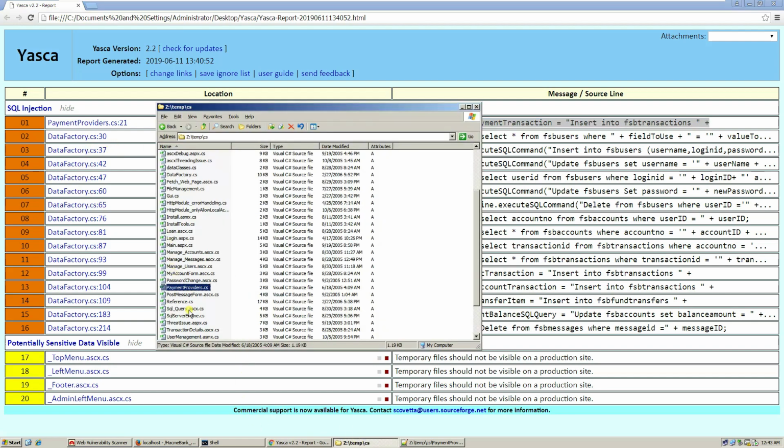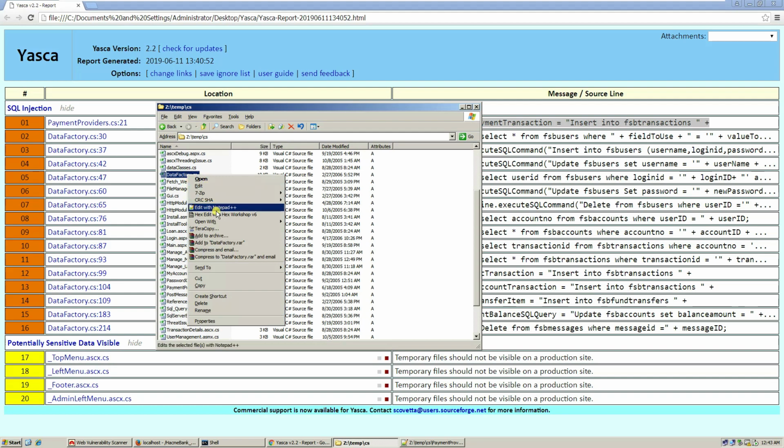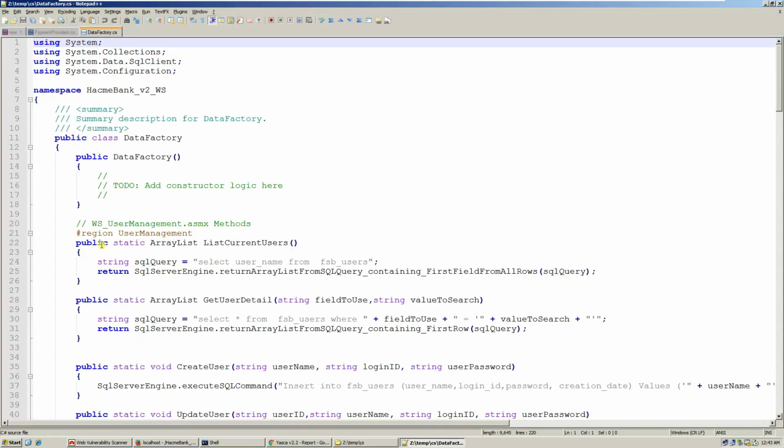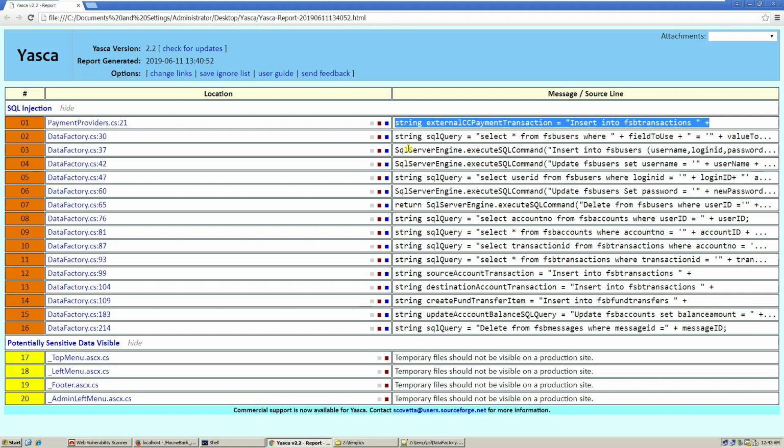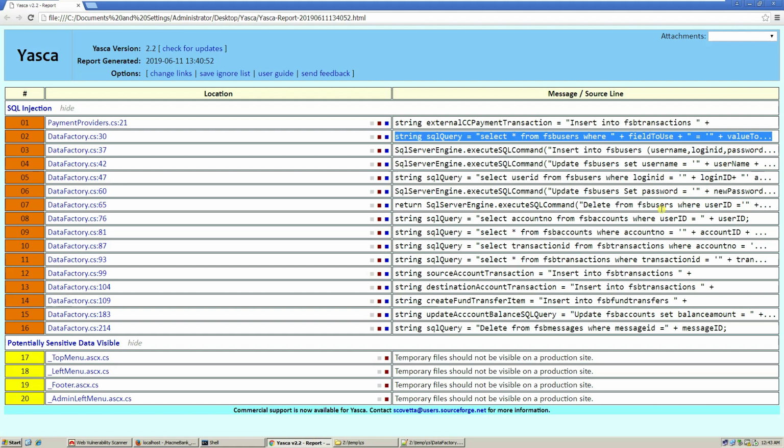Let's open up data factory.cs line number 30. Yeah, line number 30, here. String query. As you can see also based on this Yeska report, Yeska was able to identify several SQL injection potentials or vulnerabilities in the source code